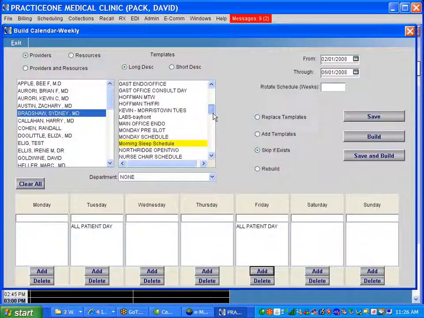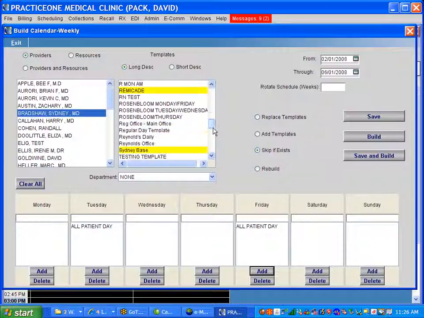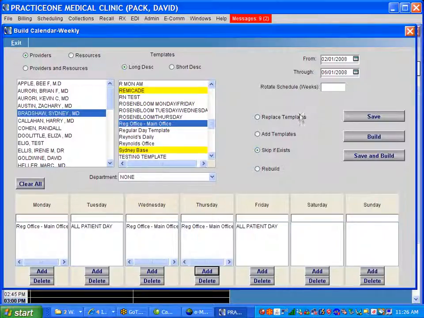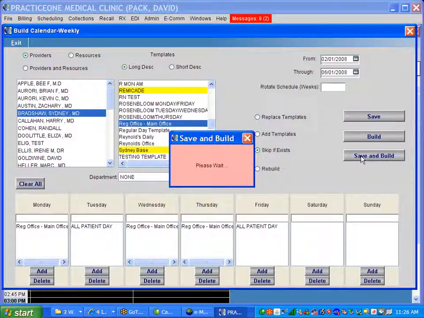And you see the system already retained the date range. Now, why is this going to go faster than when I did it just now? Because I'm only 1 doctor as opposed to 2 doctors. Okay, So I